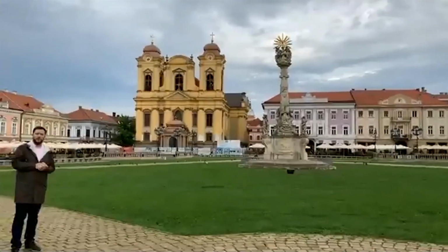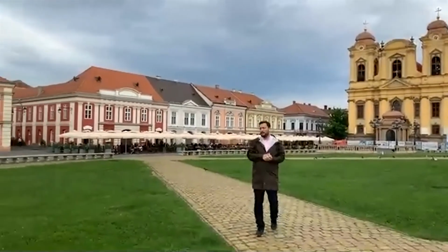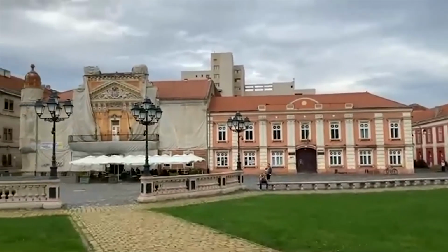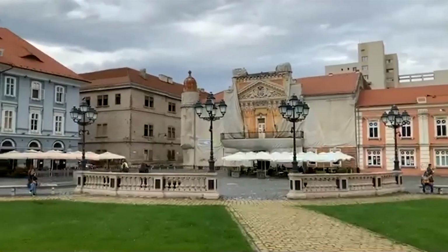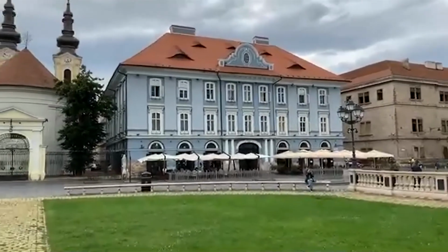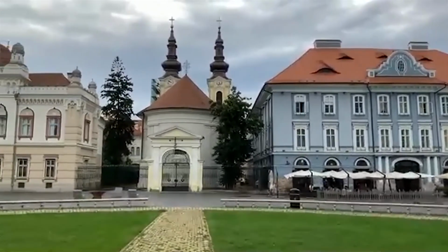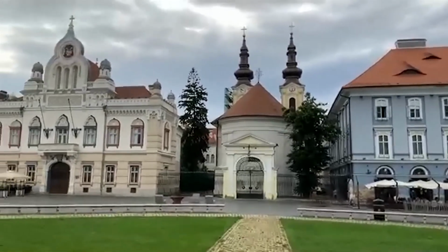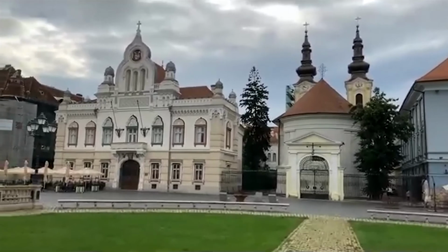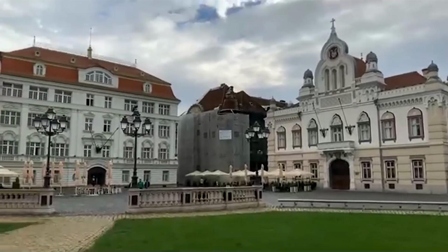Behind us, if Rafa can turn around, we can see the bishopry of the Orthodox Serbian Church and also the Serbian Church. The city had a very important Serbian minority, which was represented within its gates. So as I said, a multicultural city that was made up of many ethnic groups, Germans coming here, Romanians and Serbians already being here, Hungarians coming also back after the Ottomans left. A very important Jewish community built three very nice and important synagogues, nice architecturally. We cannot show them because they're a bit far from where we are right now. And many other ethnic groups, all brought here in a project to rebuild an area as almost an experiment, a social experiment, an economic experiment, a political experiment,